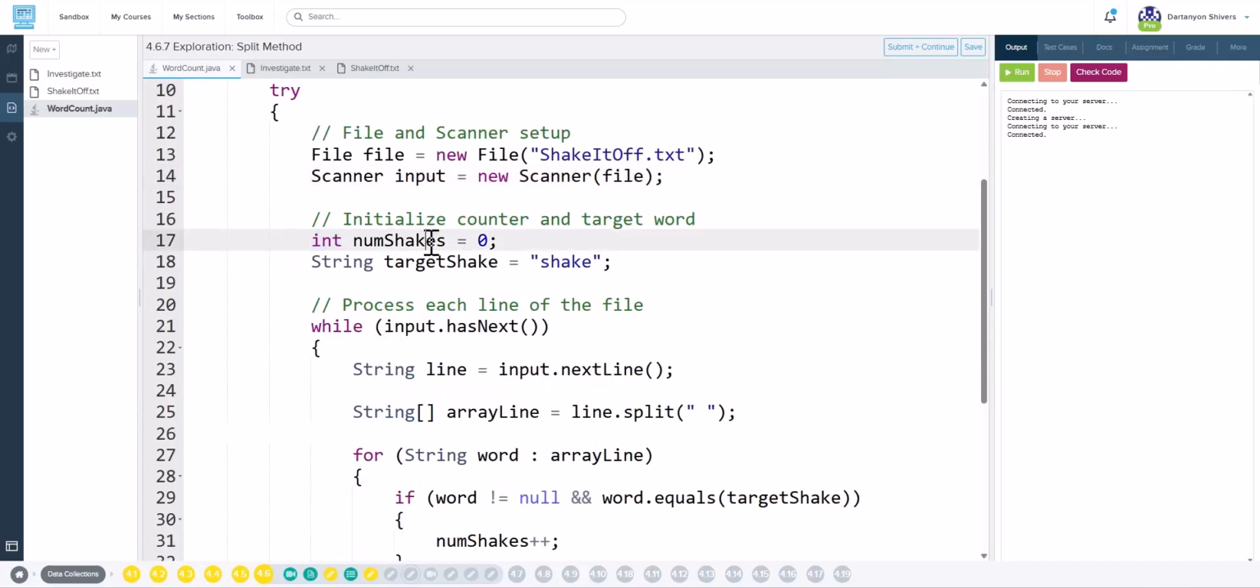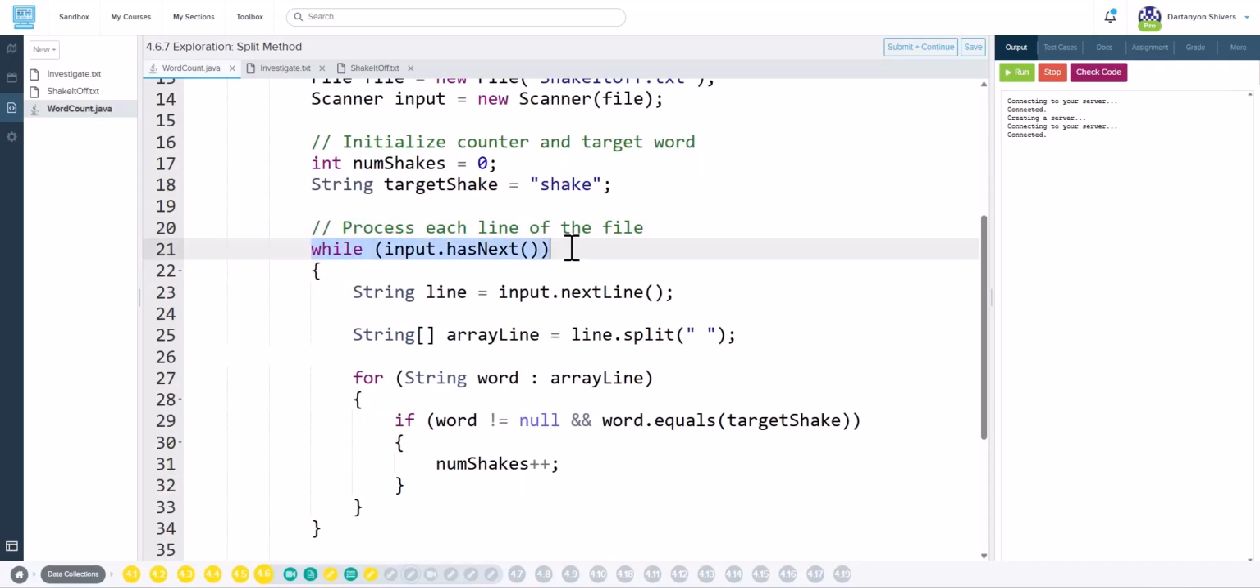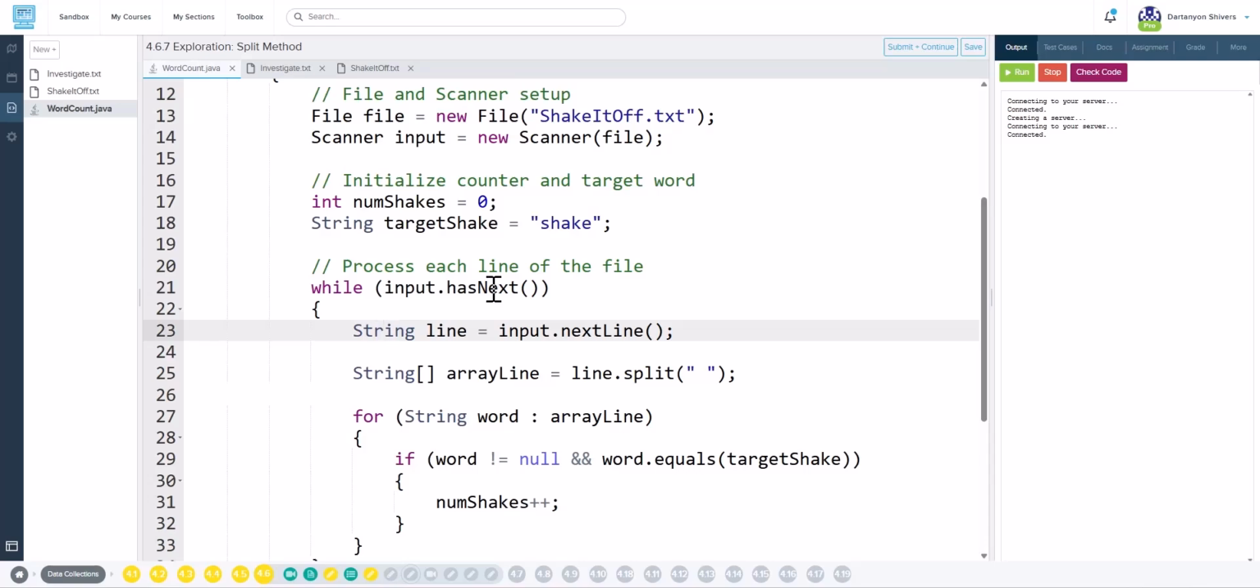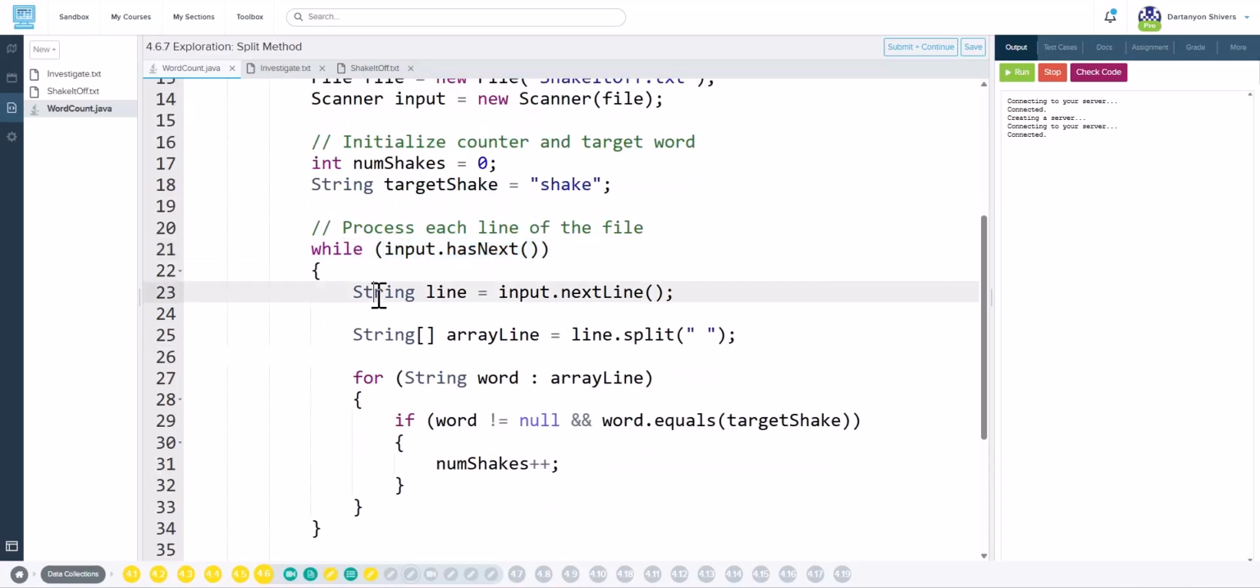Then we initialize a variable called numShakes to be 0. And then we have a string called targetShake that we initialize to be this string literal "shake". Then we create a while loop so we can iterate through the file. We're using hasNext here, but we could use hasNextLine as well. Either hasNext or hasNextLine could be our conditional for our while statement here. But we're grabbing one line at a time and we're storing it in this variable called line. We then create a string array called arrayLine, and we're initializing it to be